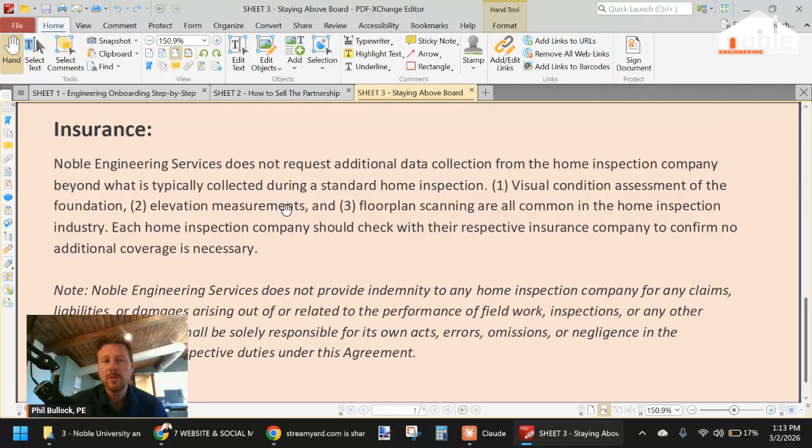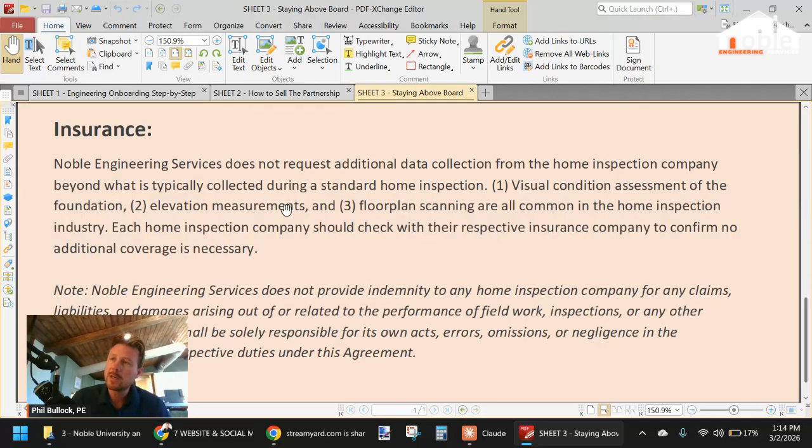As far as insurance goes, what we say and what has worked for most of our partners, almost all, is that we're not asking you to collect any information that you wouldn't as a home inspector. We do have partners that are foundation companies and those that are accounting and stuff. But specifically, this comes up with insurance for home inspection work because